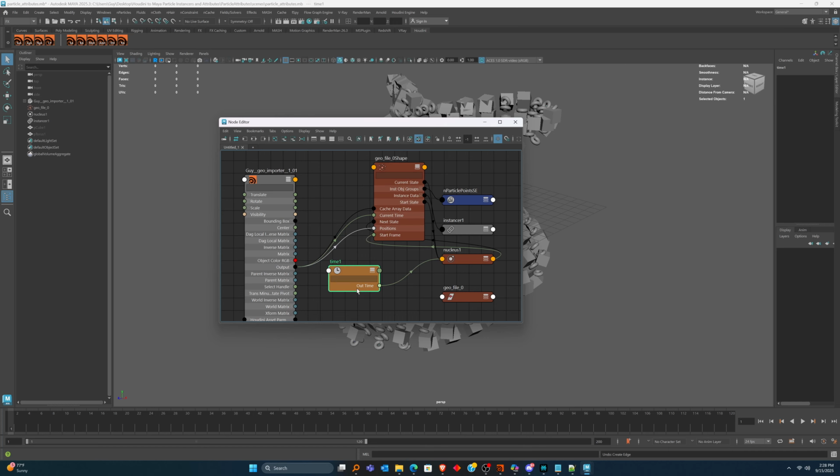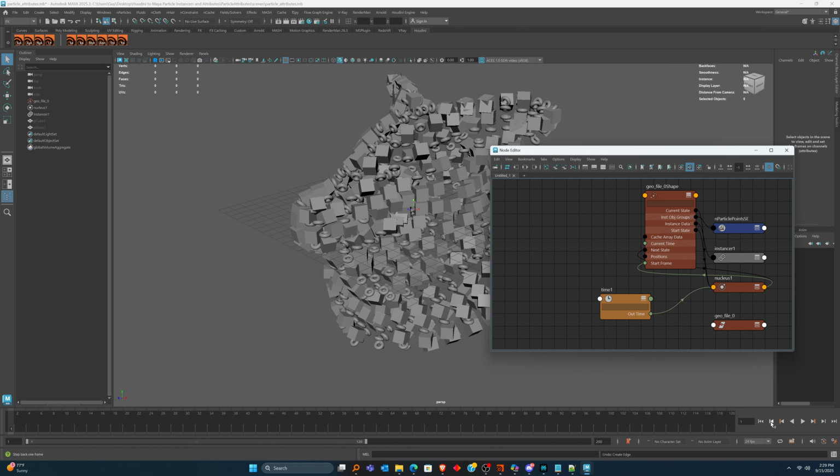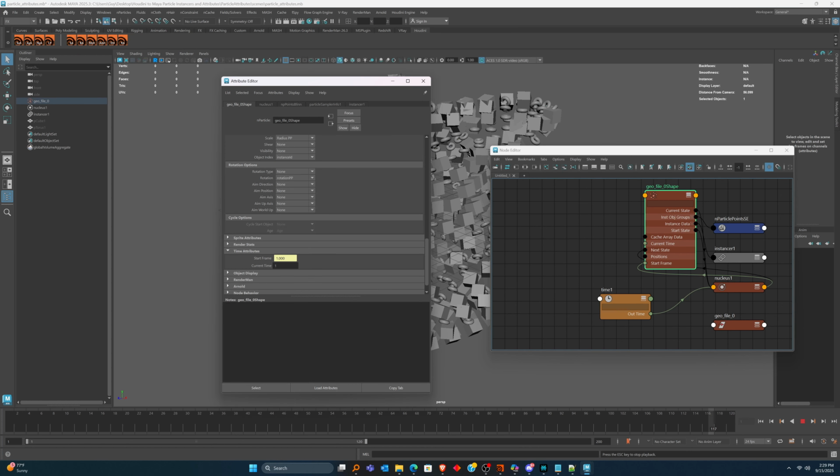So for example, we can connect out time into current time and then just delete the Houdini asset and that'll work. I want to show you what happens if you don't. So let's say you have this connected and you just delete the Houdini asset. If I do that, what'll happen now is if I hit play, nothing will happen because current time is always going to be 1. But if I connect the out time from Maya's time node into the current time,